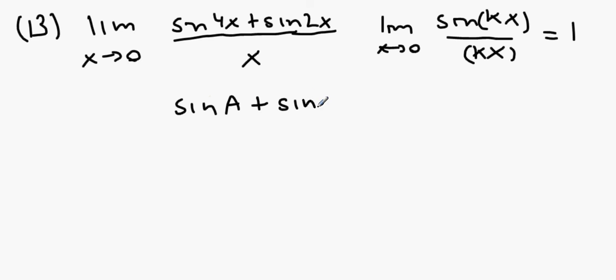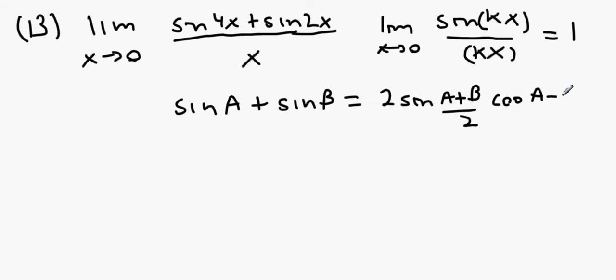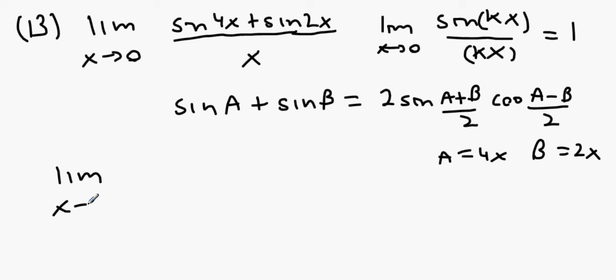And then sine A plus sine B gives us 2 sine of (A plus B) over 2, and then cos of (A minus B) over 2. In this question, A equals 4x and B equals 2x. And now we're going to apply that rule to this question. Alright, so then what we're going to get is